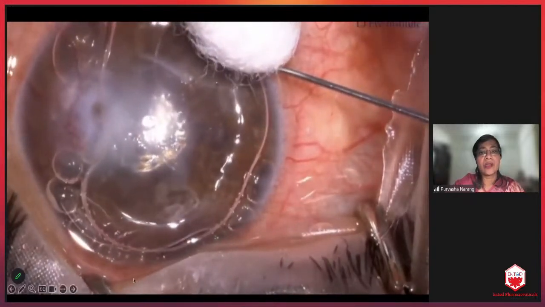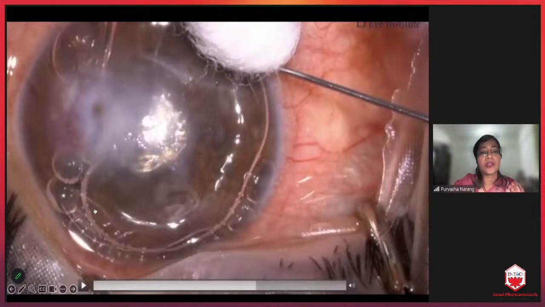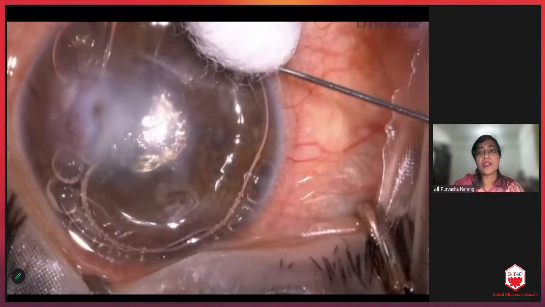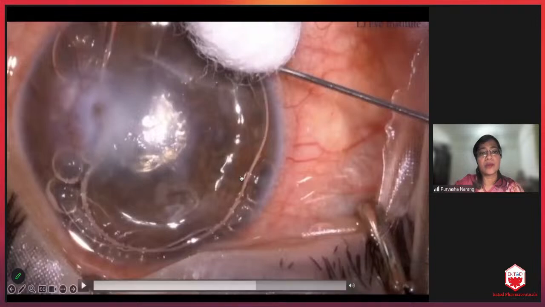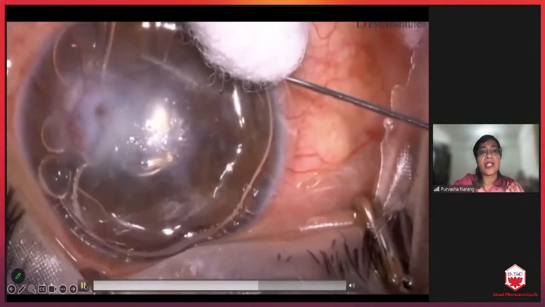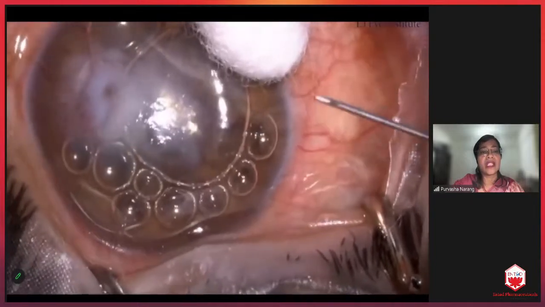And as you can see here, the anterior chamber is absolutely flat, and so we have to form the anterior chamber first using maybe air with this 29 gauge needle. And then while you're coming out, after placing the air bubble inside the anterior chamber to form it and to seal the internal lip of the perforation, because we want to prevent any leaking further, we need to place a bud over there to prevent the air escape. And gently, when we come out, then the air is retained inside.